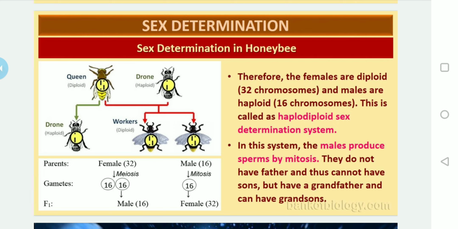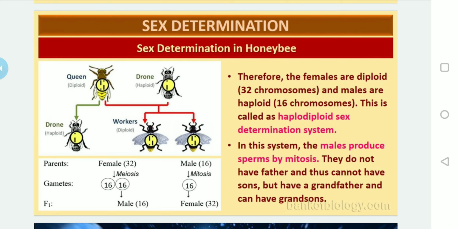What about the males? Males contain only 16 chromosomes. They undergo only mitosis. They will not undergo meiosis in the case of the male. And if the 16 from the female fuses with the male 16,